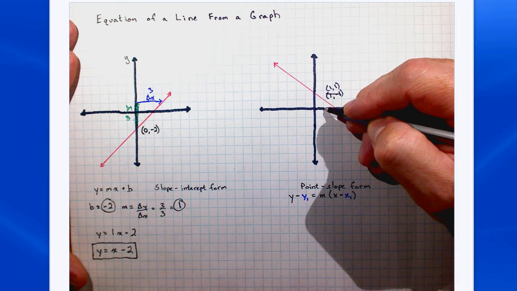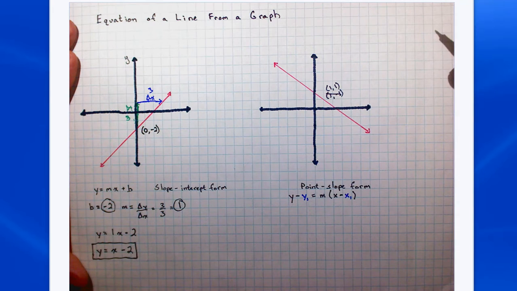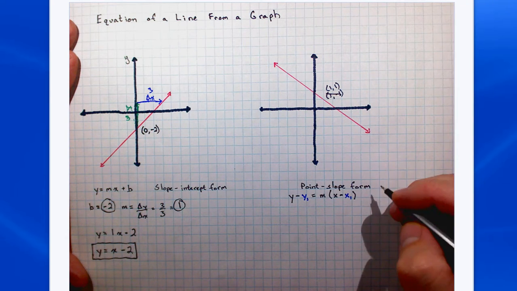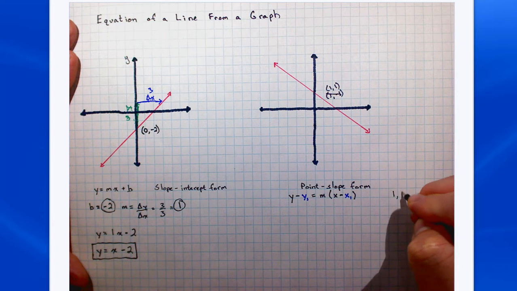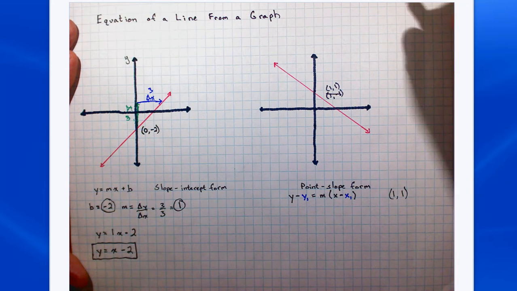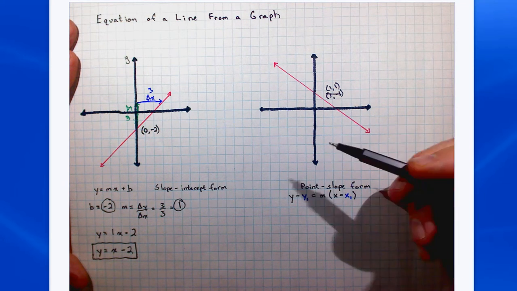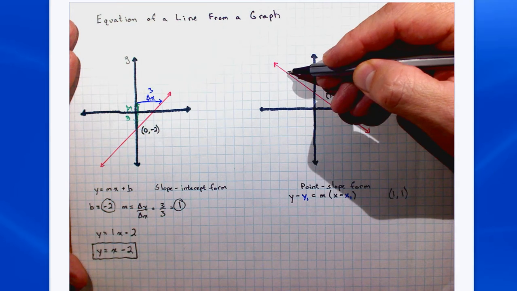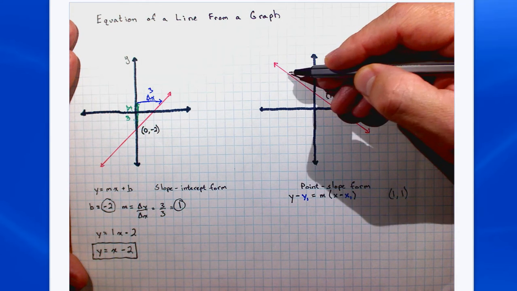Along the x1, along the y1, 1, 1. Now I have my point, so 1, 1. Now I need to find slope. So I need to be able to find 2 points and count off my slope. So let's start here. Look, that one hits in the middle of those four grid squares, right where the lines